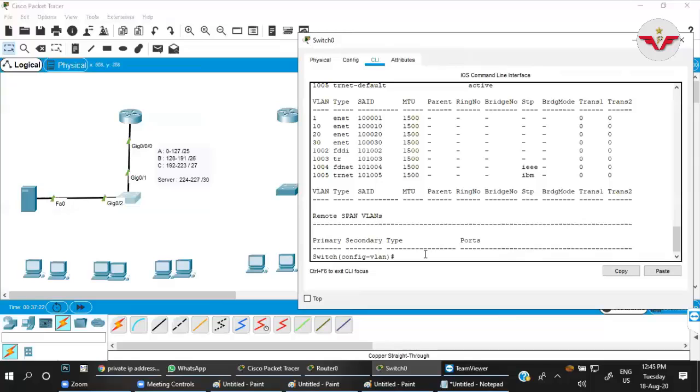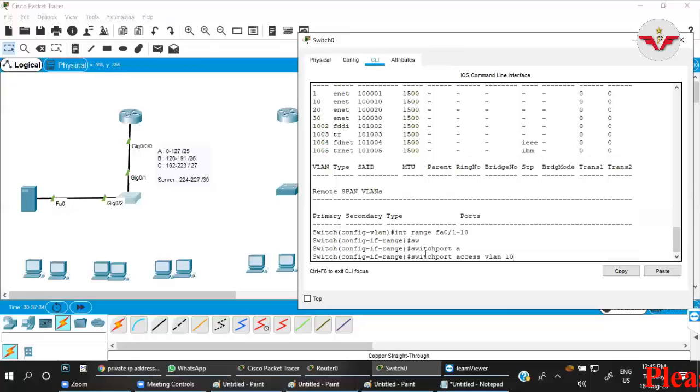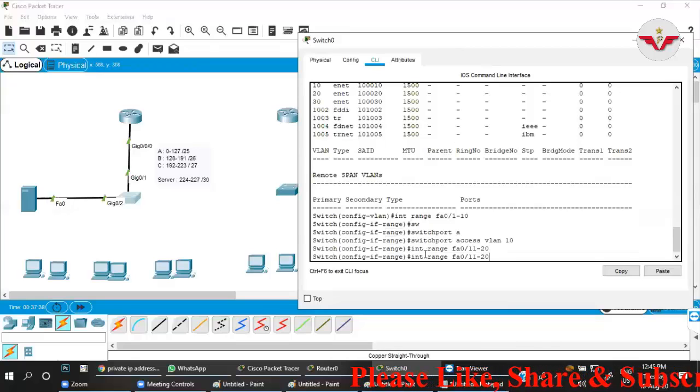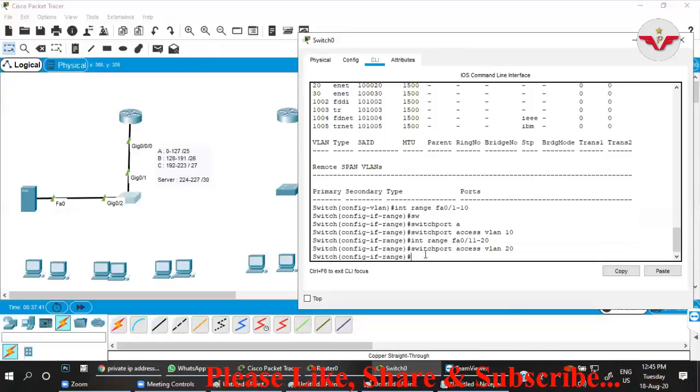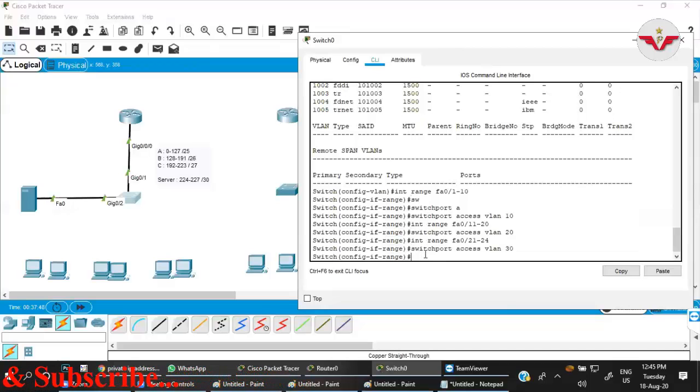So, interface range fa 0/1 to 10, switchport access vlan 10; 11 to 20, switchport access vlan 20; and 21 to 24, vlan 30. Okay, good.